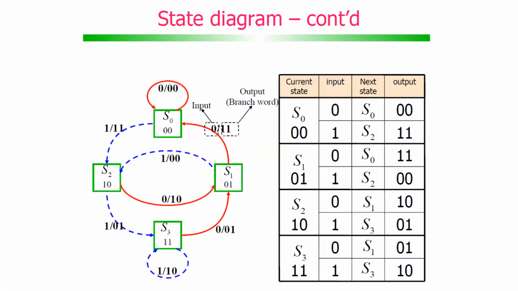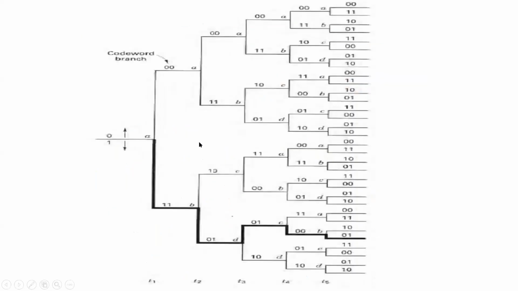So this is the state diagram in which the whole encoder structure, actually this is encoder structure only. If I give you the encoder structure or I give you the state diagram, the meaning is the same. Now, there is one more way to represent the encoder structure, and this is known as the tree diagram. So let us look at what the tree diagram is.